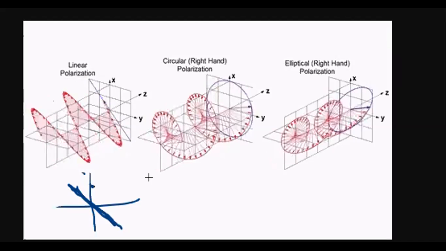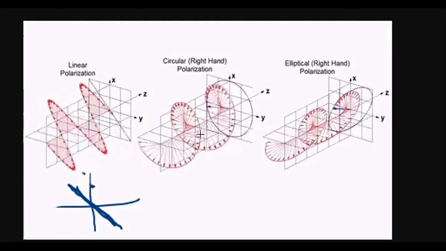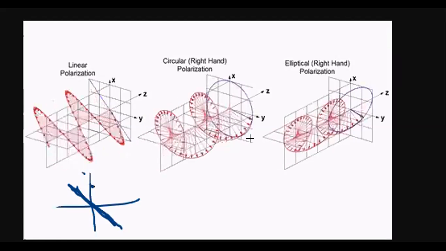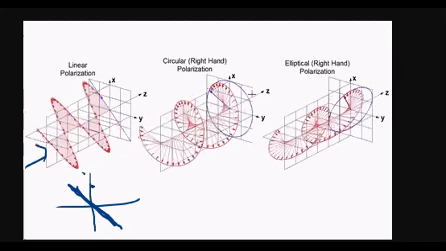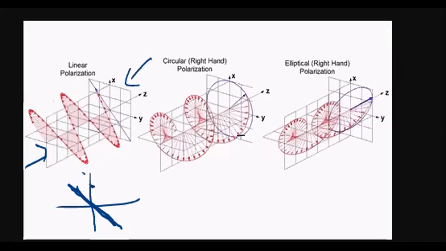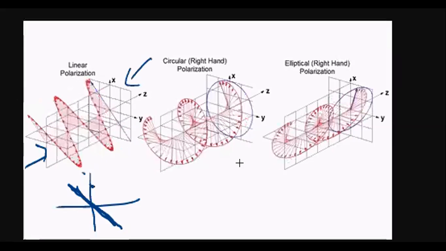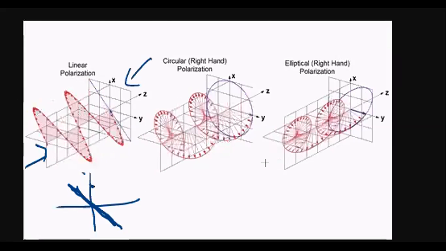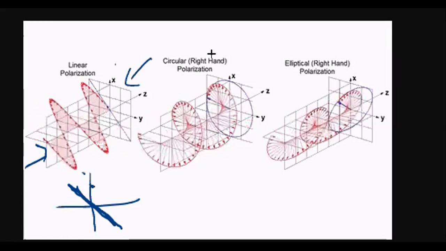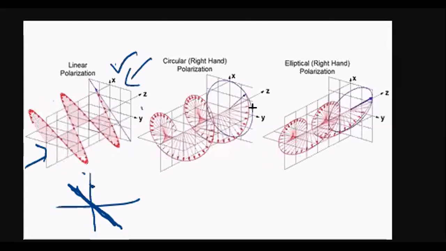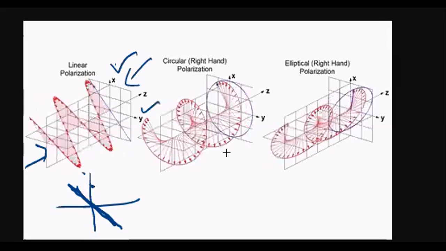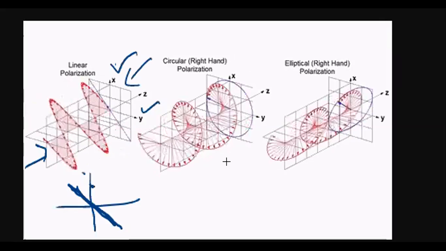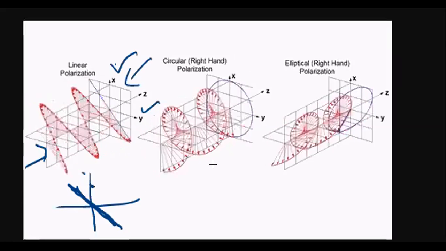Once you see it from the front view, which means you have to see it from here, you can see how the electric field is changing. See here, one line is there. This is your XY graph. Is it visible? This is your X, this is your Y, and it's clearly changing between X and Y, like a cross.